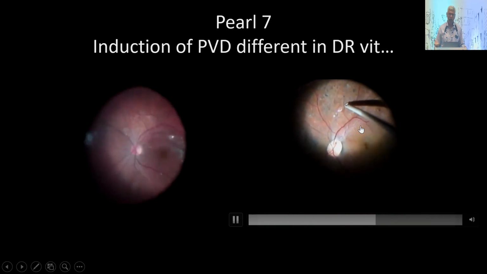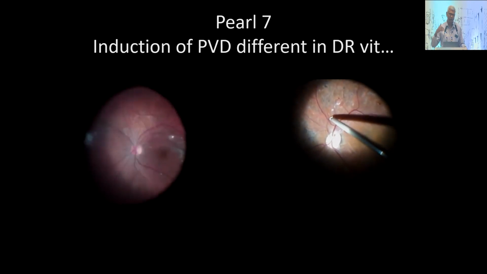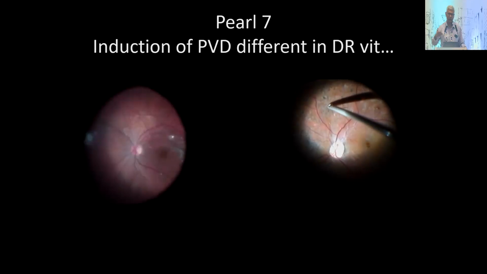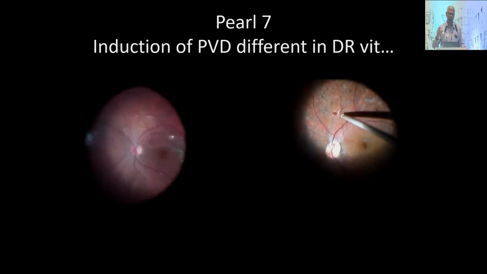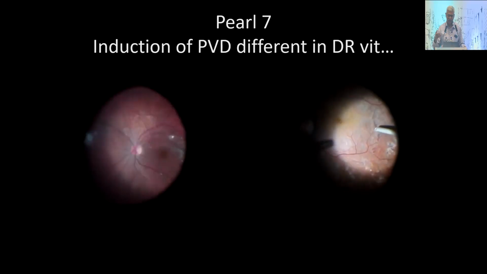You can see how we are not pulling off the hyaloid directly there. We're gently lifting it up and circumcising it, going around and making the fibrous tissue fall flat and then tangentially removing it. So that's how the induction of PVD is different. Though you would see people going ahead, holding it at the disc and pulling it off like how you do in a macular disease, this is a much safer way of doing induction of PVD in diabetic disease.